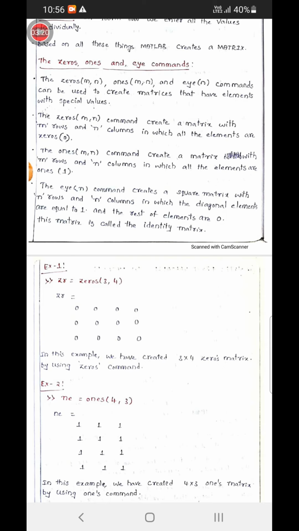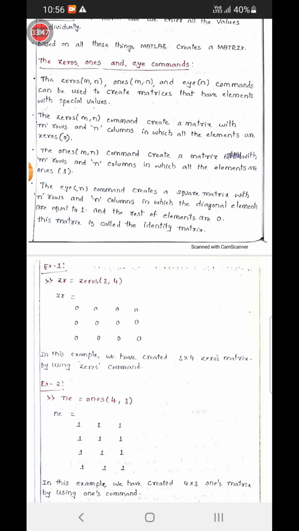Similarly to the zeros command, the ones command creates all the elements as ones. Similarly, like zeros of m comma n, for ones of m comma n, m represents rows and n represents columns. We'll see the example for this.